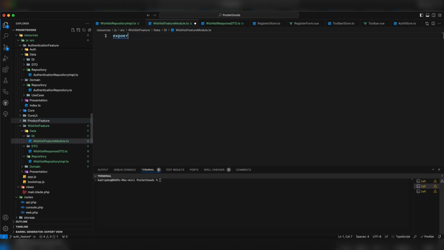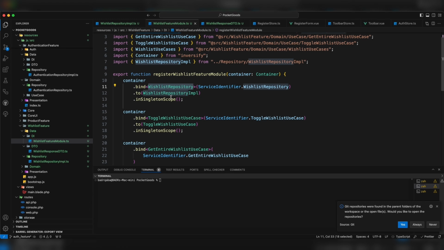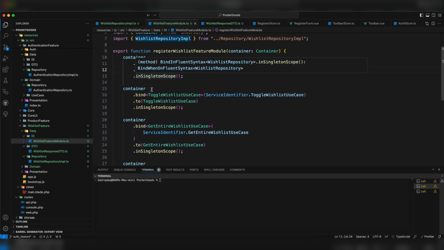Gonna export the function. Should start with register, which is mandatory, and do whatever you like here. Register wishlist, and the training should be mandatory as well. Feature module. We have assigned the implementation of the repository to repository implementation in singleton scope,